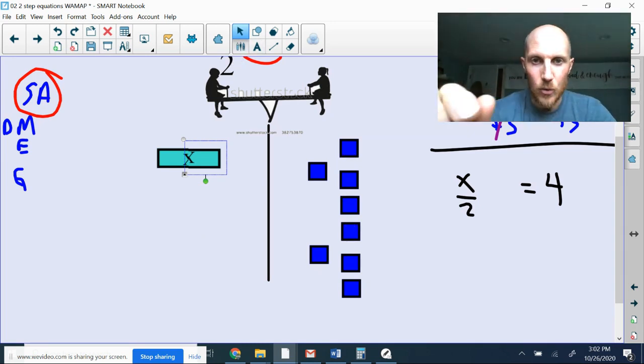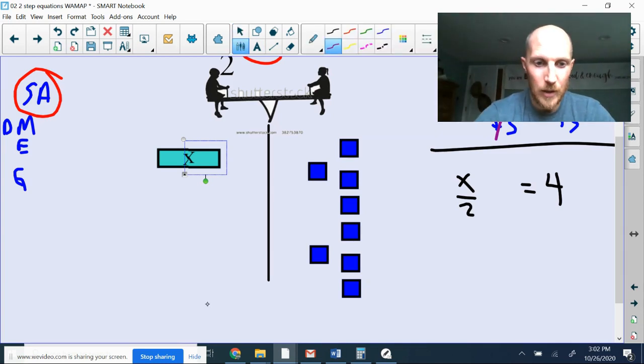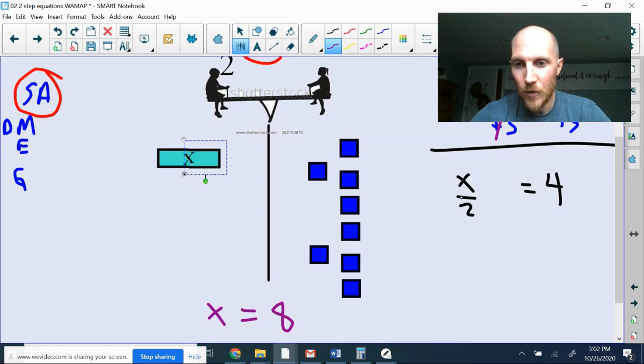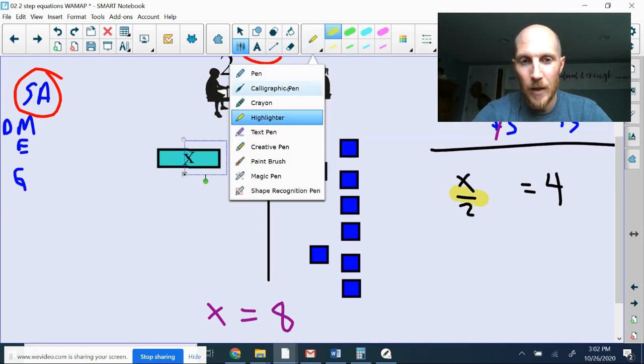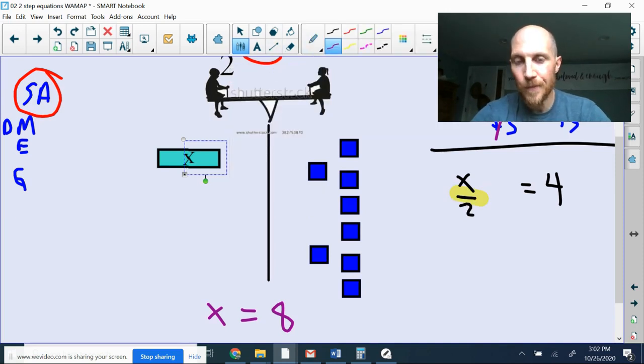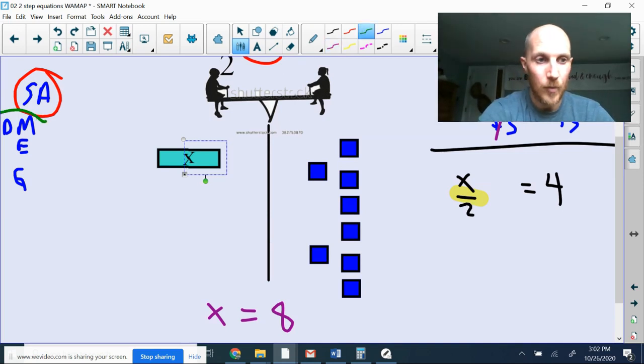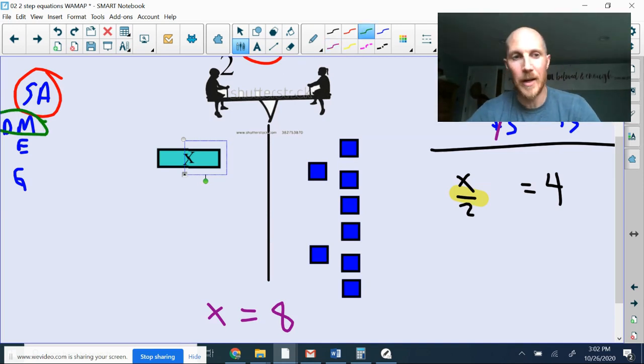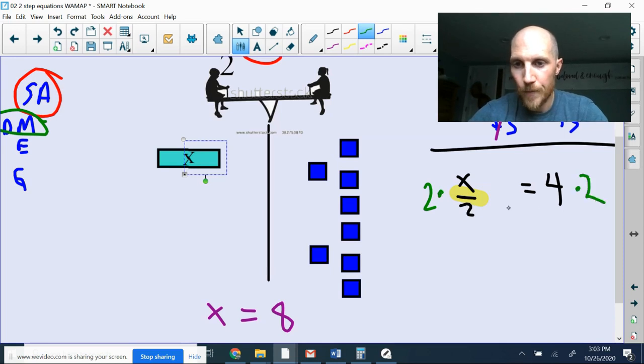Okay, so what does that look like in the equation? Well, I have this division sign going on. I've got an x divided by 2 right there. And the opposite of division is multiplication. If I'm looking in SADMEG, division does happen next. It's my second level after doing adding or subtracting. So I'm going to multiply both sides of this equation times 2 and divide by 2 over here on the